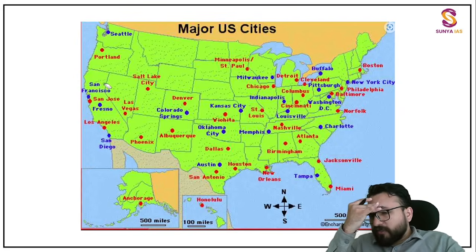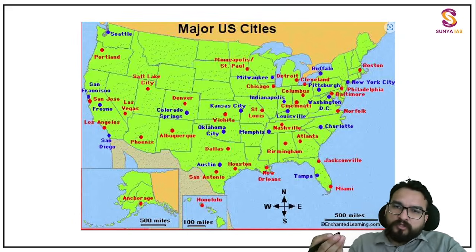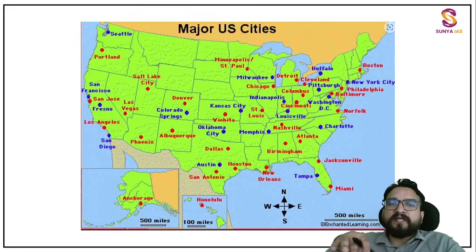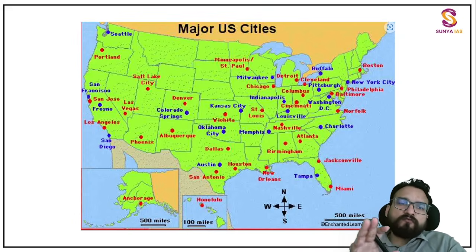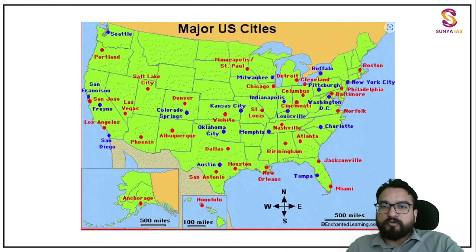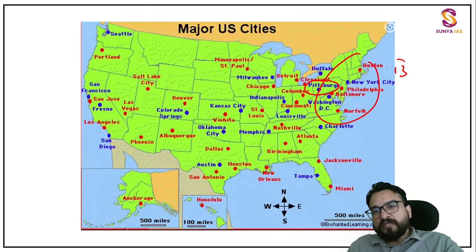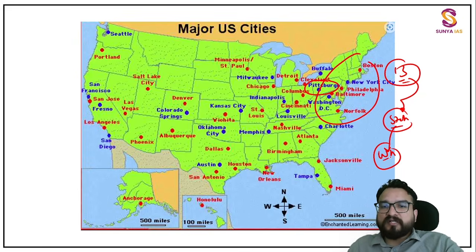Now I am telling you right now a few important provinces which you should know. No need to memorize right now, but a few important cities which you must have heard about, some are important for certain features which I'll be telling you later on, right? So over here, for example, the capital of the USA, Washington DC, you are going to find over here in the eastern part, eastern USA, guys. Then you will be finding New York, a very famous city, it is over here. Then you are going to find Pittsburgh. Now all these 13 colonies or 13 particular states which you are seeing over here, you must have read about them in your world history classes too.